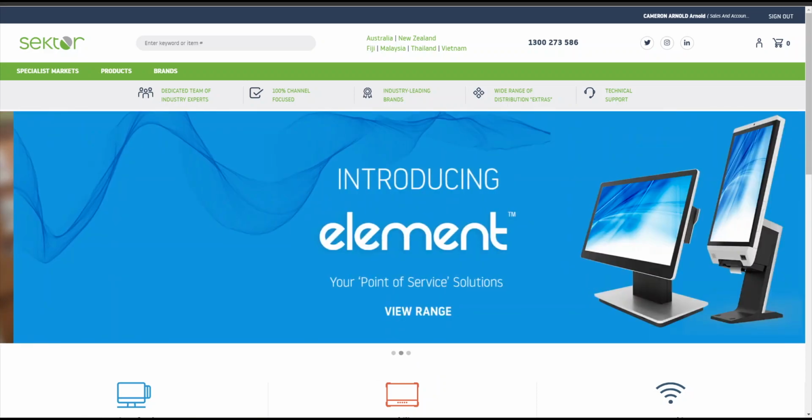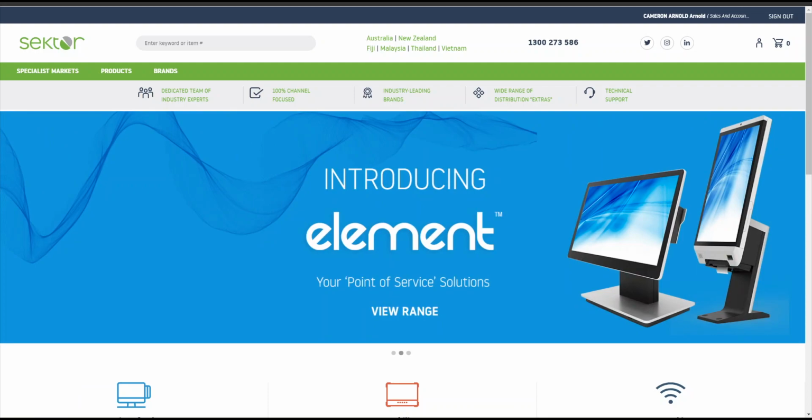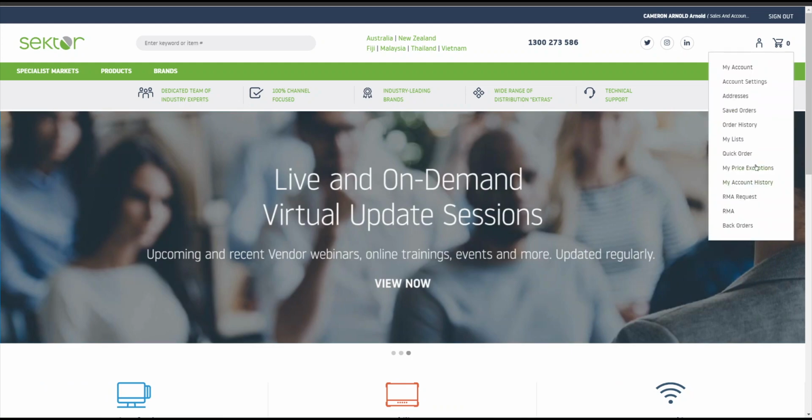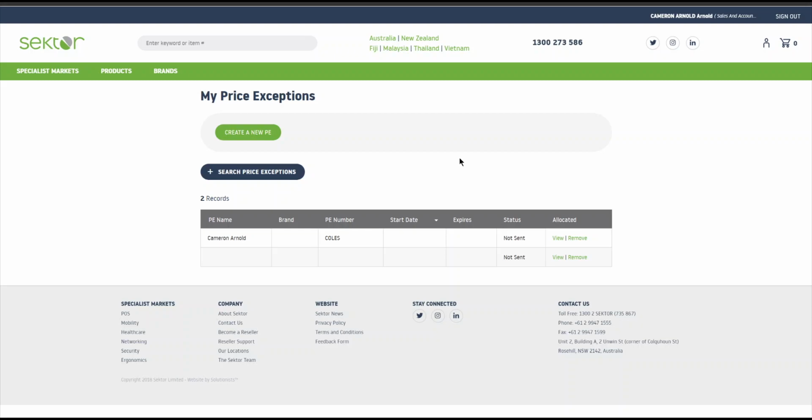To check your existing price exceptions and create new price exceptions, start by hovering over your person icon and selecting My Price Exceptions. Here you can see a list of your approved and expired price exceptions. You can use the Search Price Exceptions utility to search for PEs of a certain status,